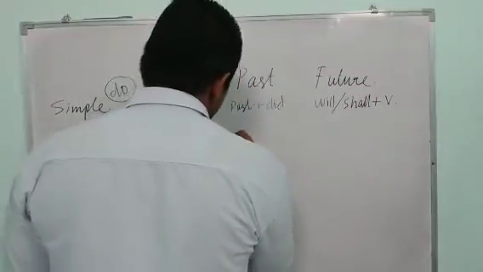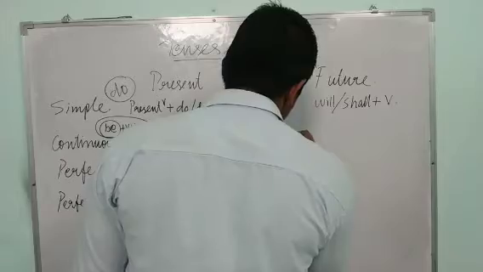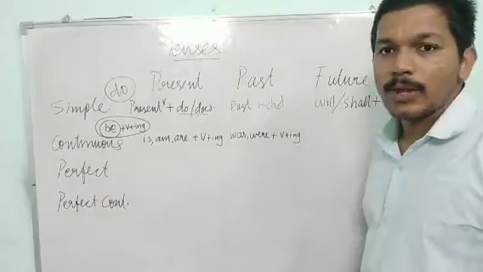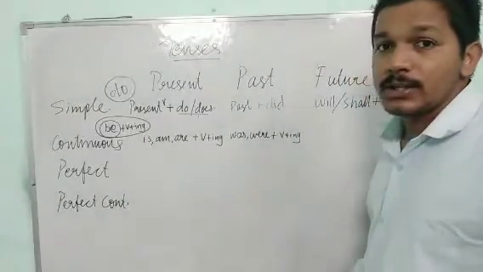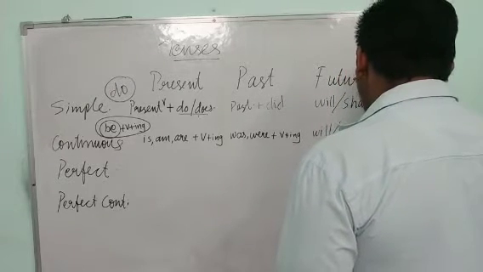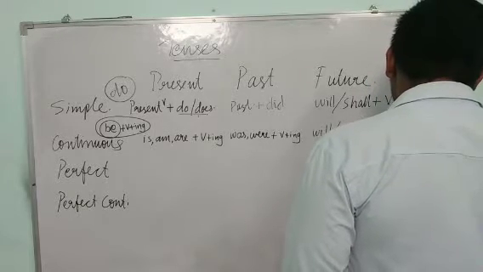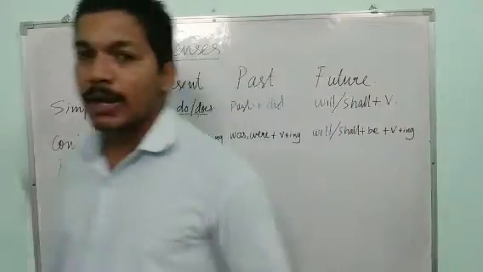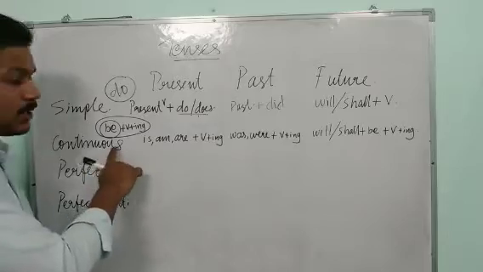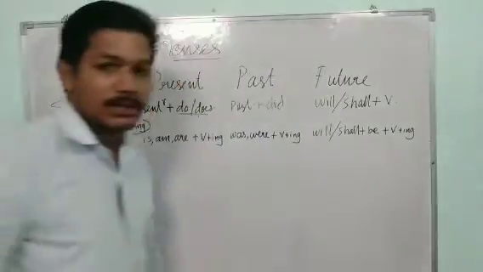And when it comes to past tense, we use was, were plus verb plus ing. Was and were is used. Okay. Was, were plus verb plus ing. This structure is used. And in future, will or shall plus be plus verb plus ing is used. So if you notice in this entire line, whenever there is a continuous tense, this be form verb is used with verb plus ing. Everywhere verb plus ing is there, in all the three tenses.